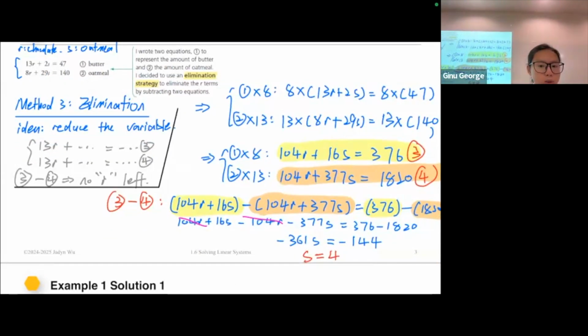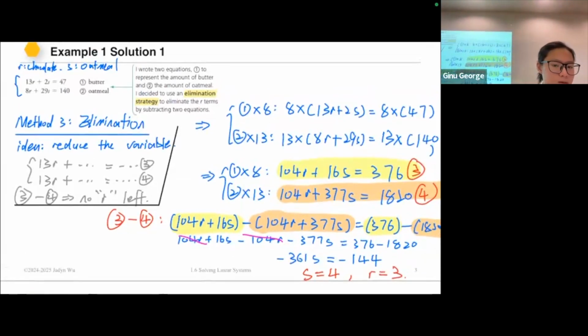And then I can also solve for the value of R, by plugging S equal to 4 back into any of the previous equations. I can derive that R equals 3. So that's the elimination method here. We just want to use two equations only, by finding some common factors to eliminate the value R,